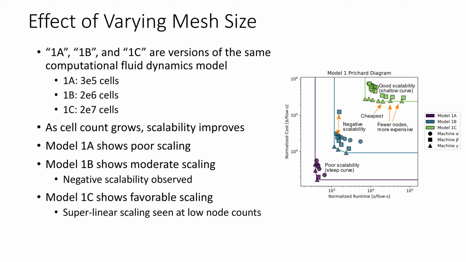Finally, Model 1C shows favorable scaling throughout the range. I mean, its Pareto front is very flat, showing that really there would be little sense in running below this maximum node count tested, as you're not saving much money, but it is running a lot slower as you go this direction. One interesting thing to notice in Model 1C is something called superlinear scalability, where these two triangles,